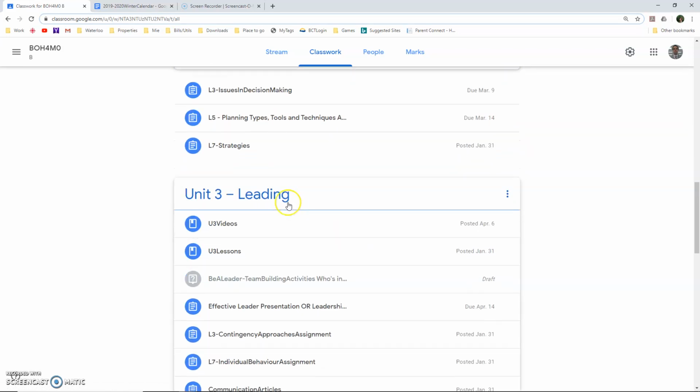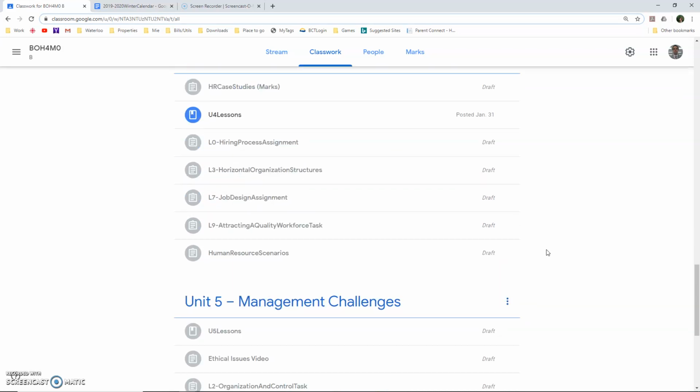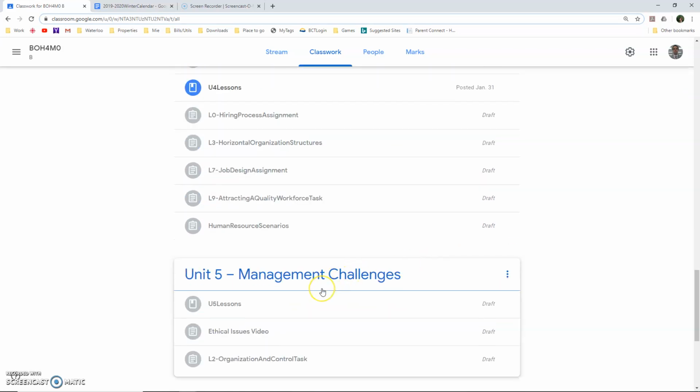We are now starting into Unit 3, which is about leading. This is where we're going to be talking about whether you think leading is something which is learned or if people just have it. What makes a good leader? How do you gain power? Following that, we'll have Unit 4 on organizing, and finally, a shorter unit at the end on management challenges